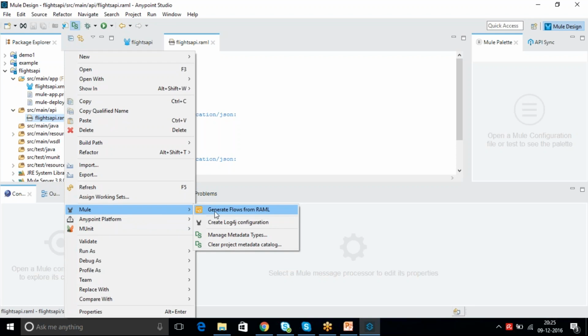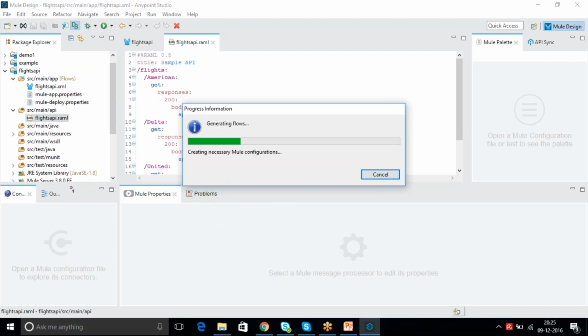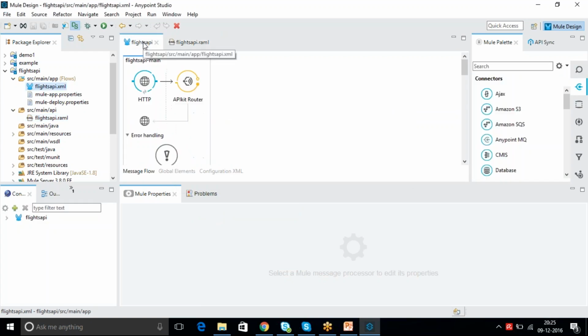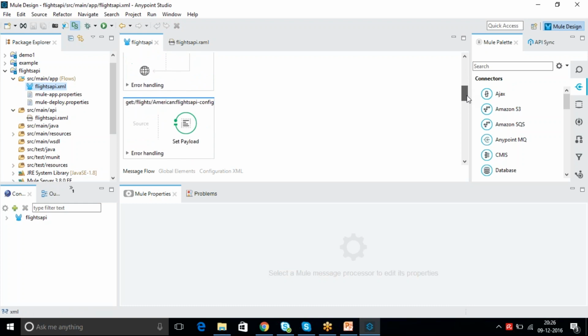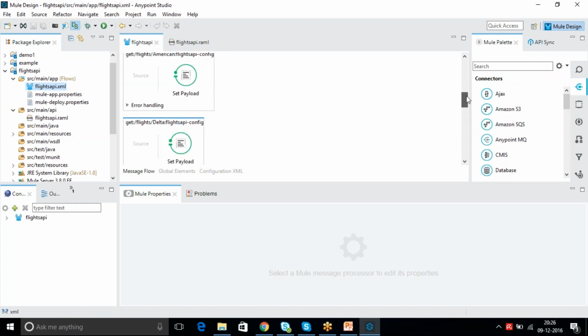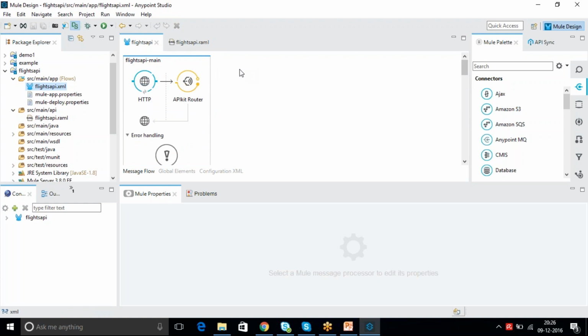So it will generate REST-based services. To create the RESTful API services, you can use this modeling language. Just click on it and your flows will automatically get generated. You see that? You didn't drag any HTTP listener and all. So it gave a basic structure for you. So on top of that, you can start building it. And we have already seen how this flow structure will generate based on the RAML.